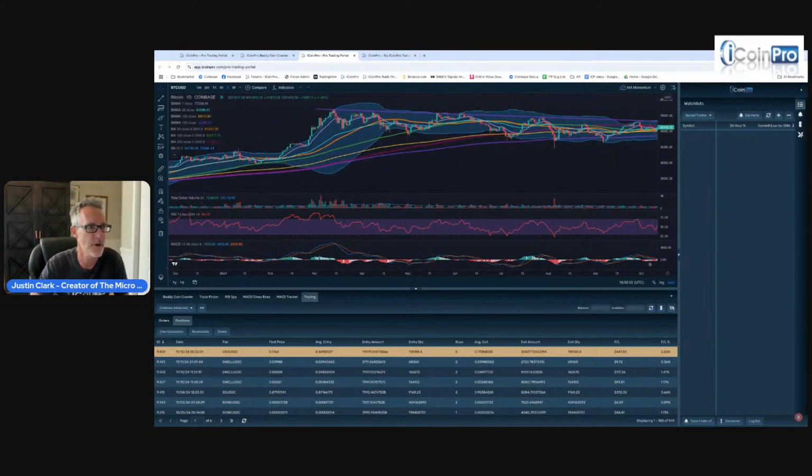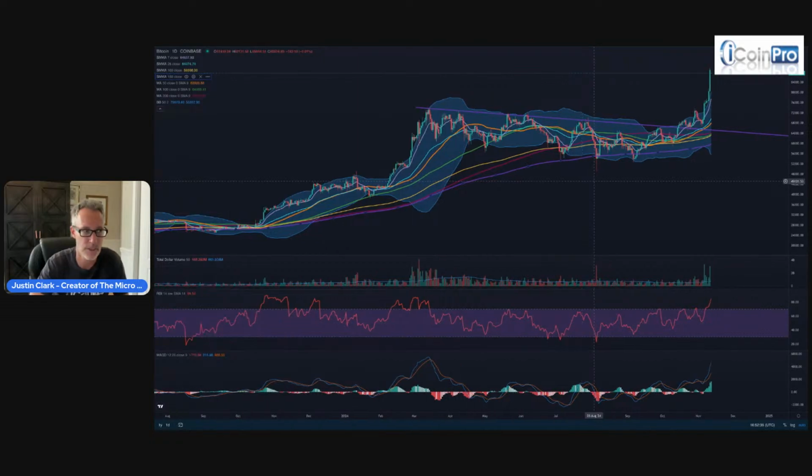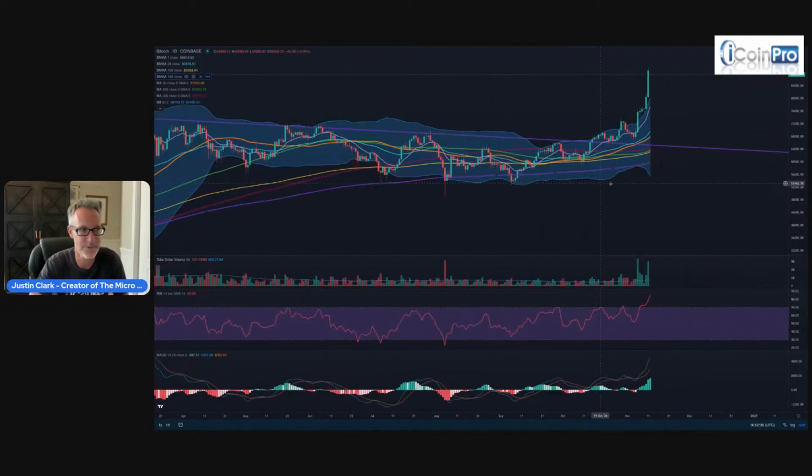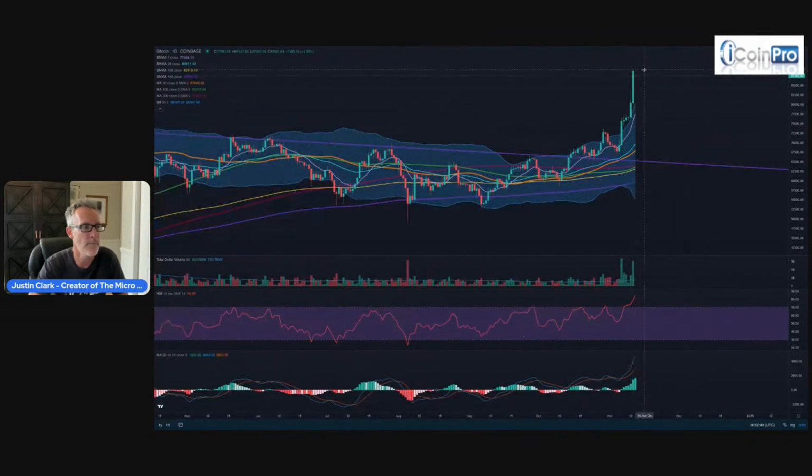When you look at this chart here, I'm going to explain this very quickly. All of these lines here, this purple, maroon, gold, green, etc., these are all moving averages. Traders use these to try to gauge where they believe the price is going to go next. We use a lot of them because we're not sure which ones the powerful traders are using at any time. But we know this: when you're trading above all of these moving averages, like we are right now, that means that we are potentially bullish.